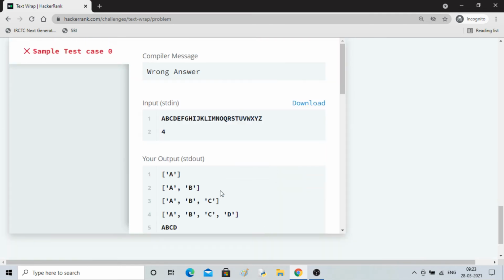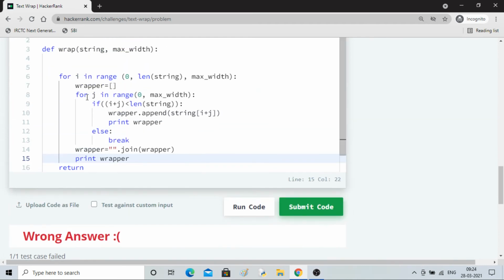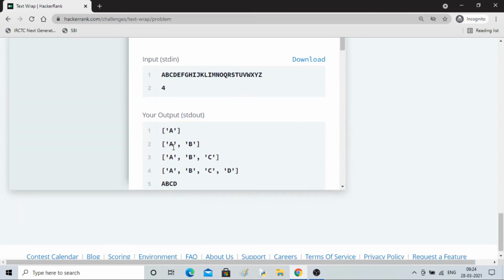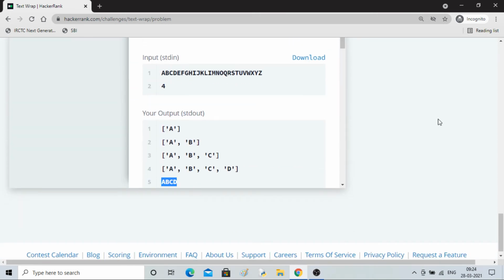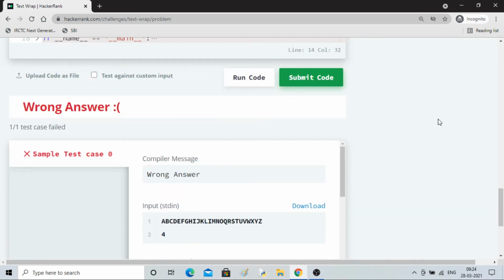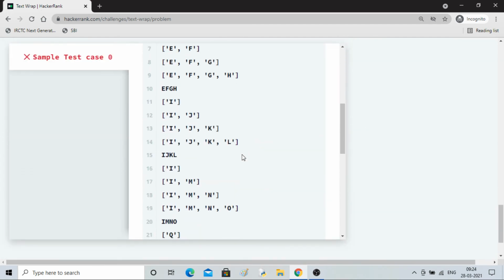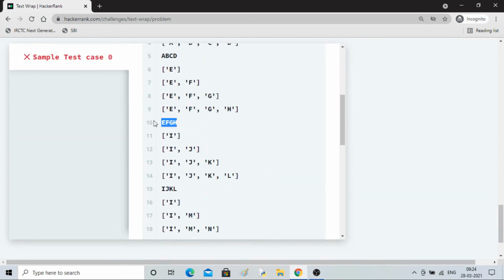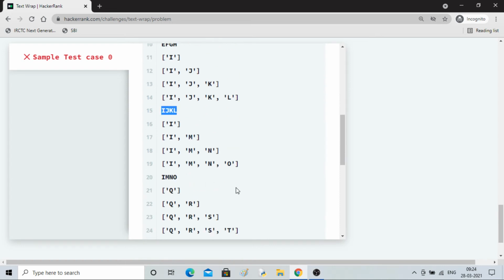So yeah, here you can see they are individually getting added to wrapper. Till this j for loop works, and as soon as it is finished, all the letters were combined and printed. So now we have our first guy, then second guy, this guy, third guy.